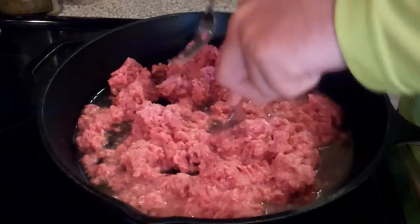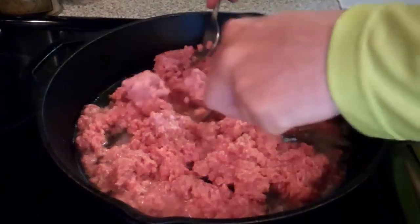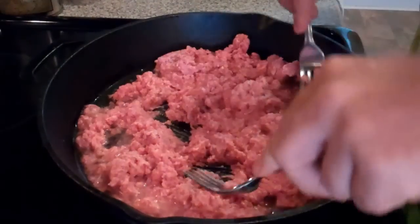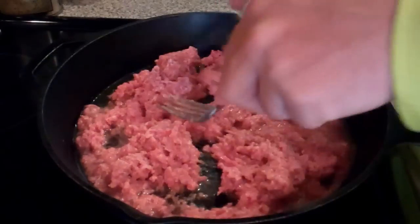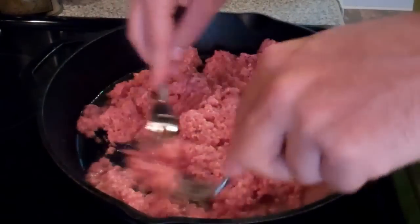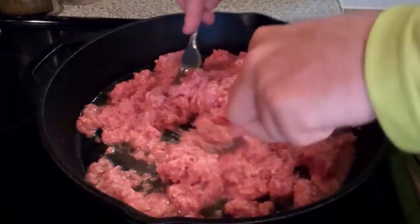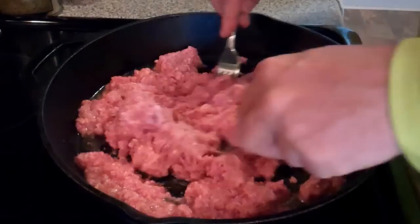Now, if I had to guess, I'd say that they are using some sort of a meat slurry product, like pink slime or something like that. And that's one of the reasons why they get that nice smooth texture. Or they're having it processed in such a way that it comes really fine and